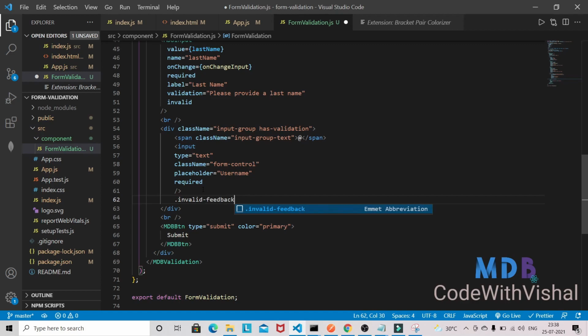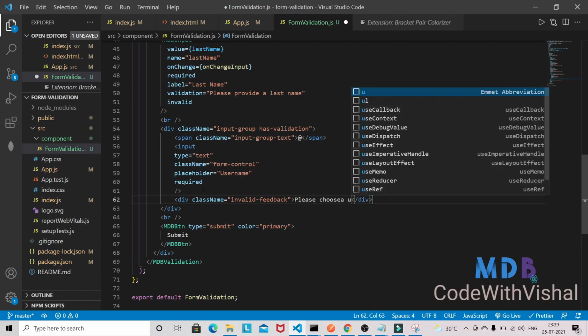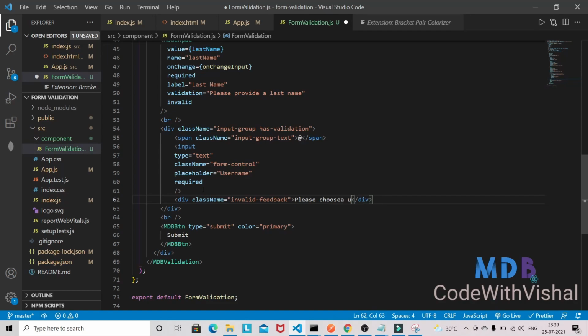This is the class name, and the message will be like, please choose a unique username. So this way also you can perform the form validation with the Bootstrap. Okay, so you just need to provide the correct class name here. So these are all the Bootstrap class names we are using here,